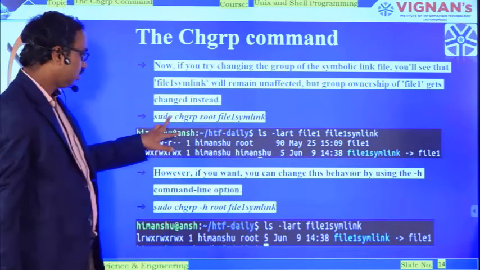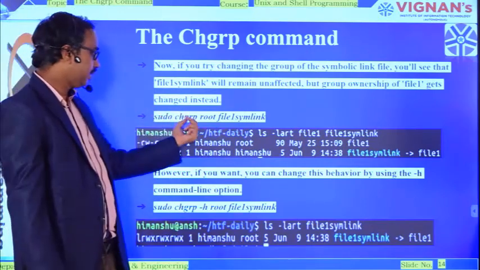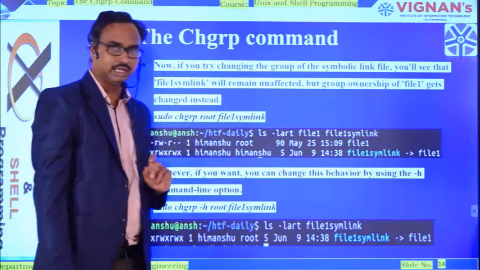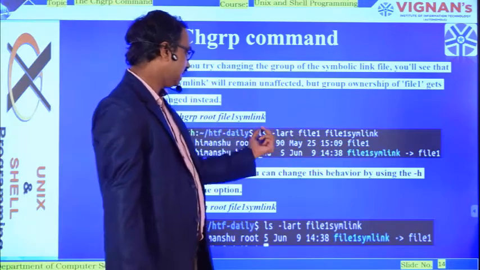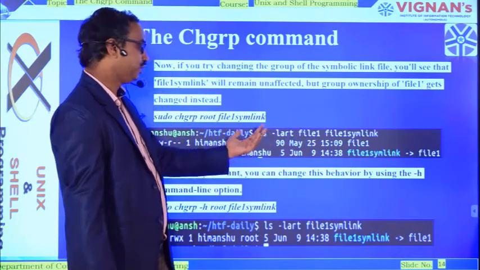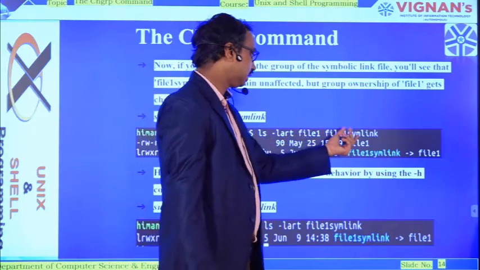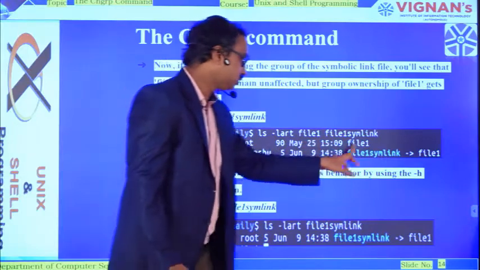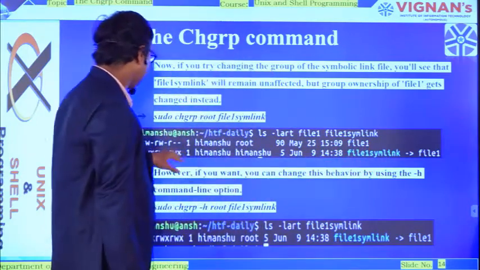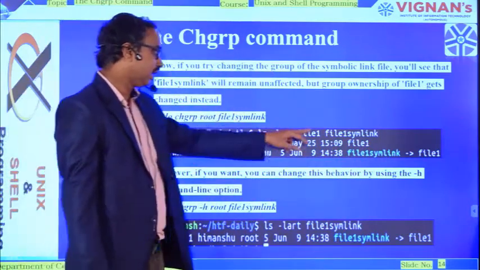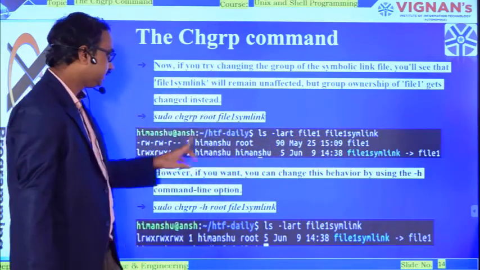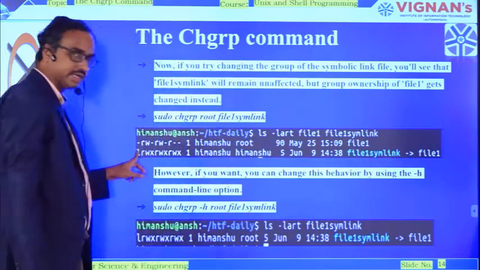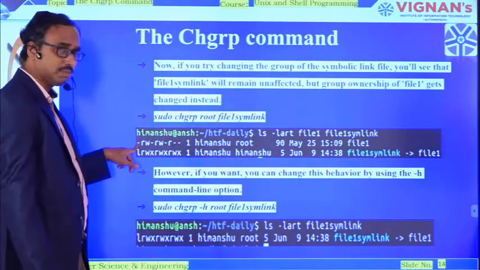The syntax is sudo, super user do, chgrp command, first the group name, and the file name along with the symbolic link name. How it can be done, we will see with this example. ls, and whatever group ownership you want to change, the group name, the file name and the symbolic link. Once I type this command, it will appear like this. It will display the file information, and after that it will also display file1 along with the file to which it is linked. So it again reappears with the symbolic link name.